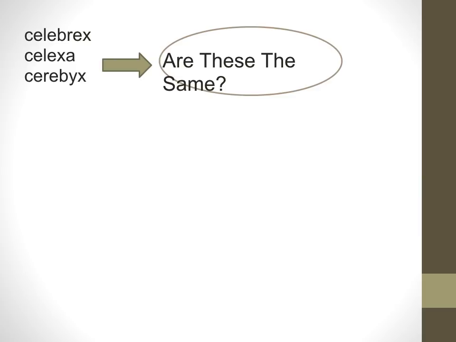Looking at the right medication. Here are 3 examples of medications: Celebrex, Celexa, and Cerebyx. Are they the same medications? No, they're not. Far from it. Celebrex is an anti-inflammatory, a non-steroidal anti-inflammatory. Celexa is an antidepressant. Cerebyx is an anti-seizure medication. Three completely different medications, three completely different